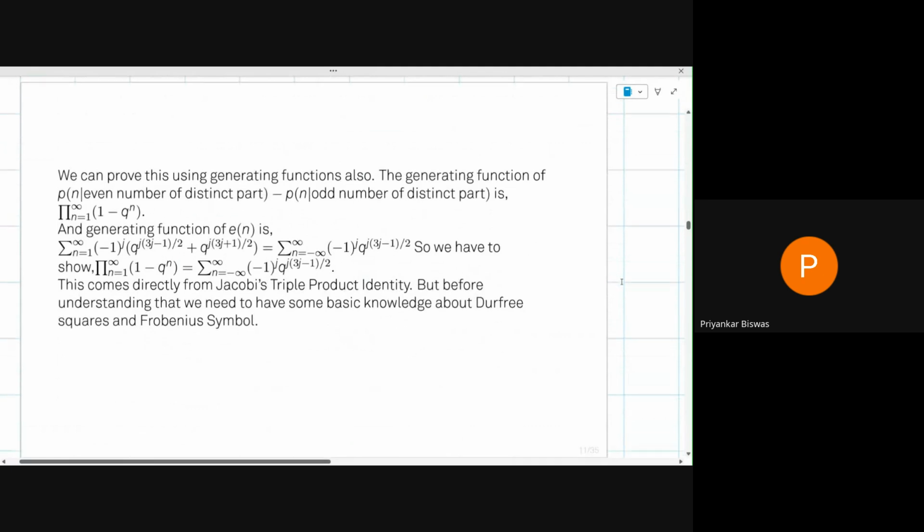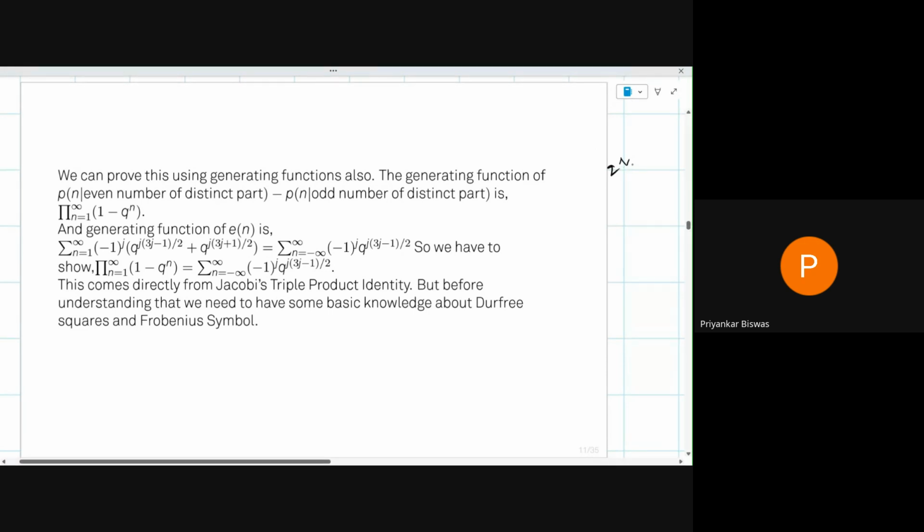And the next way is to use generating functions. Here the generating function of the partitions of n with an even number of distinct parts minus the partitions of n with an odd number of distinct parts is the product over n equals 1 to infinity of 1 minus q power n. Because if you ask how many ways you can get the coefficient of q to the power capital N in this function, we will get the coefficient of q to the power capital N as the number of ways you can represent N as a sum